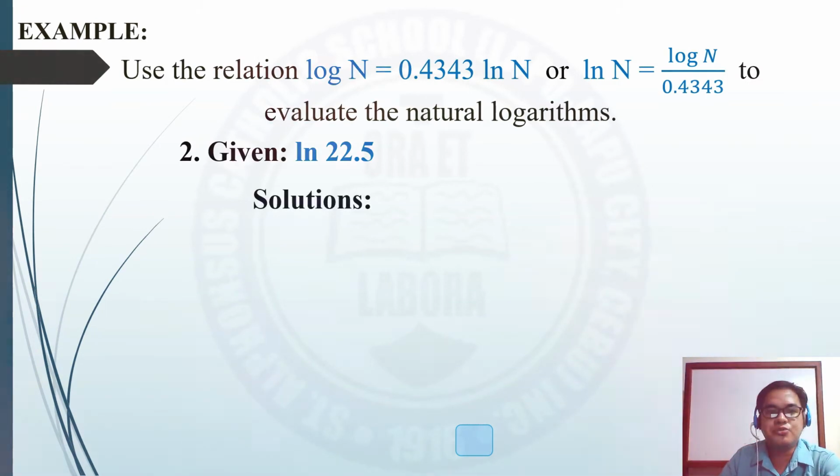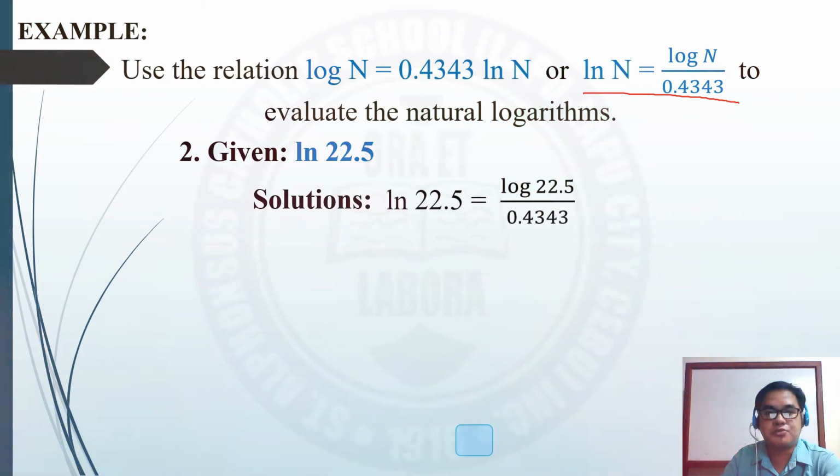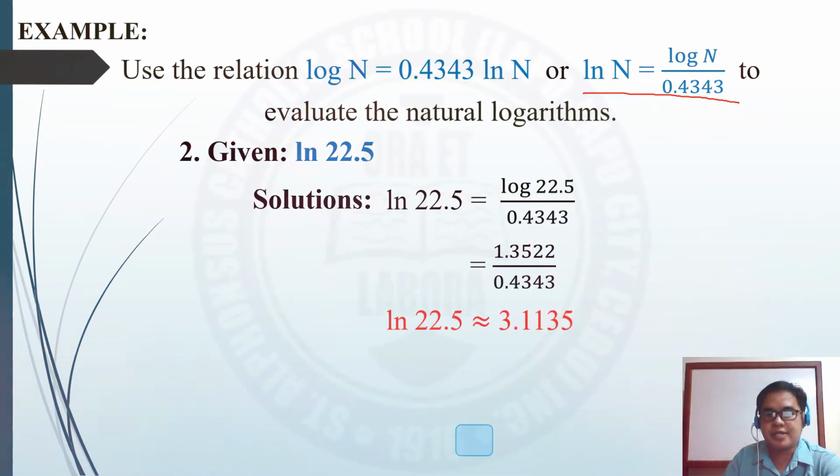So we are asked to use the relation of ln of n is equal to the logarithm of n over 0.4343. Now, here are the solutions. First is to write the given and equate it to the logarithm of 22.5 over 0.4343. Next, we are going to get the value of the logarithm of 22.5 using your calculator, and it will be 1.3522 over 0.4343. Next is to simplify using the division process, and the approximate value of the ln of 22.5 is